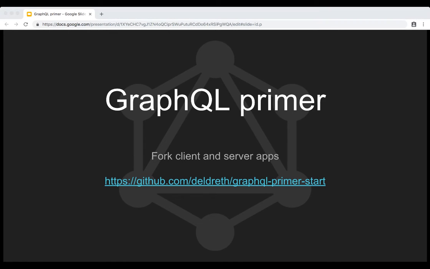What's up, everyone? My name is Devin, and this is going to be an intro-level primer to GraphQL. If you consider yourself to be pretty familiar with GraphQL, then you're probably not going to get a lot out